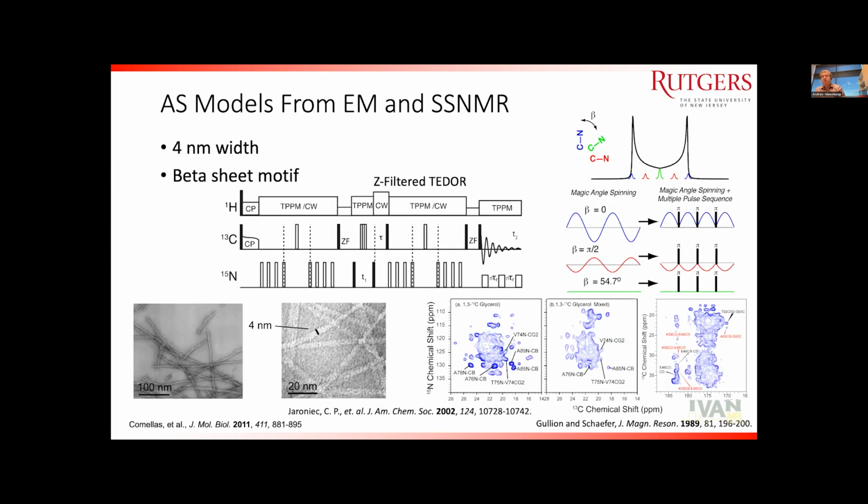And so what do you need to do? You need to get specific, precise distances. And that's what we did. We used this Z-filtered TEDOR experiment. And actually, the nice thing about TEDOR here is it's a mixed experiment, so you were able to label carbon on one molecule and nitrogen on the other, and we were able to see actual intermolecular distances,